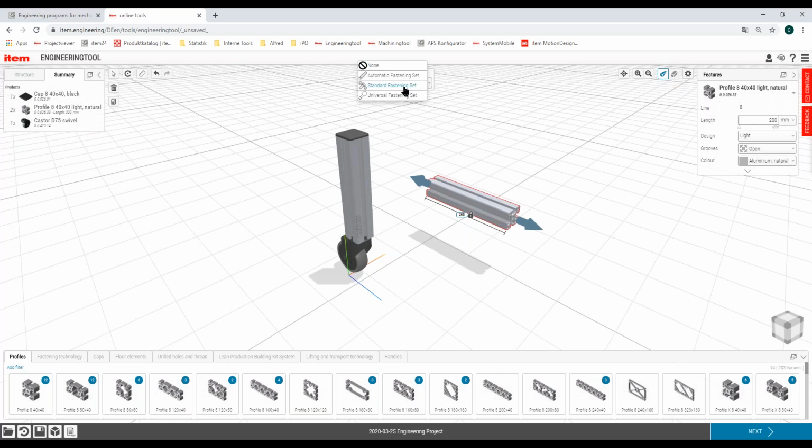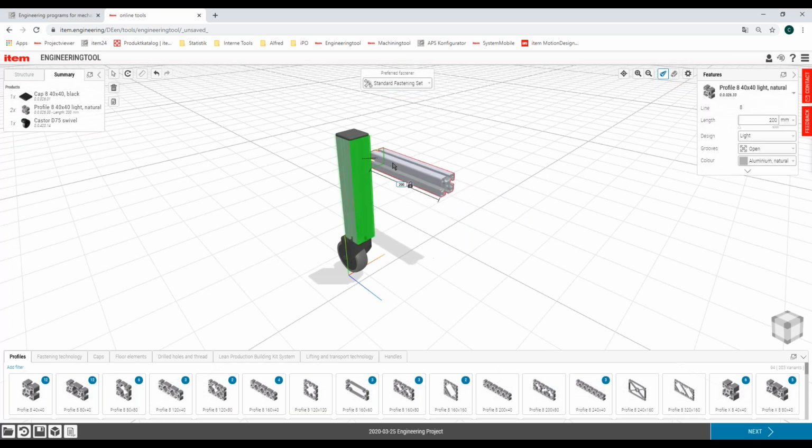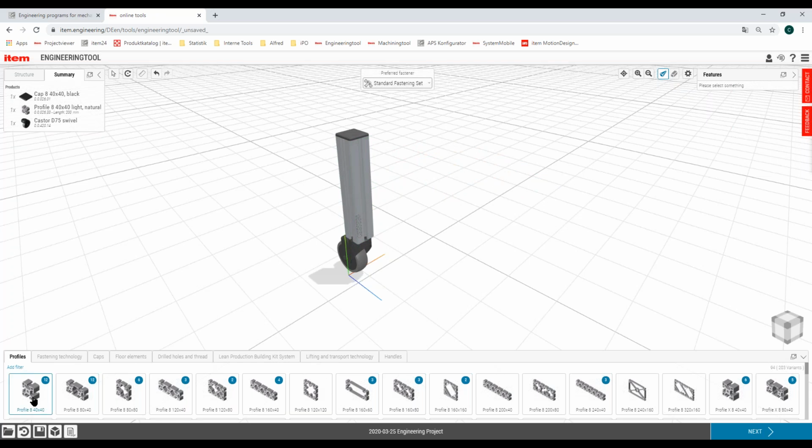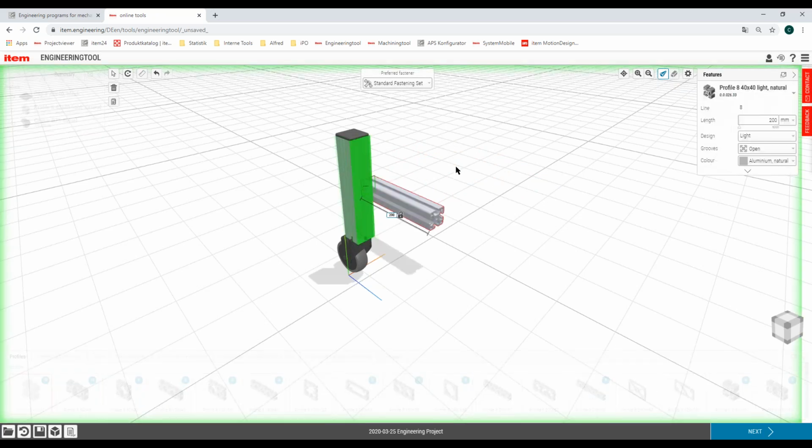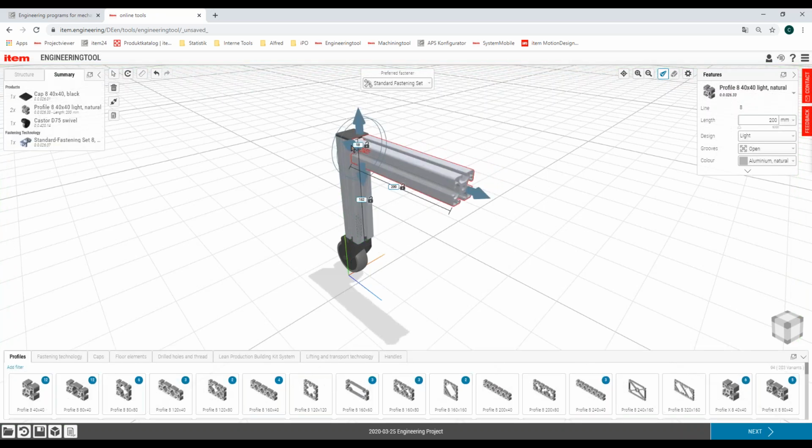So I just select my standard fastening set, and now I move my profile close to the profile, and you see now it's getting green at this point. If I delete this profile, then I could as well import a profile right from a catalog, and then it's possible to place it directly. I enter my value for the standard fastening set, which is half the size of the standard dimension of our profile.